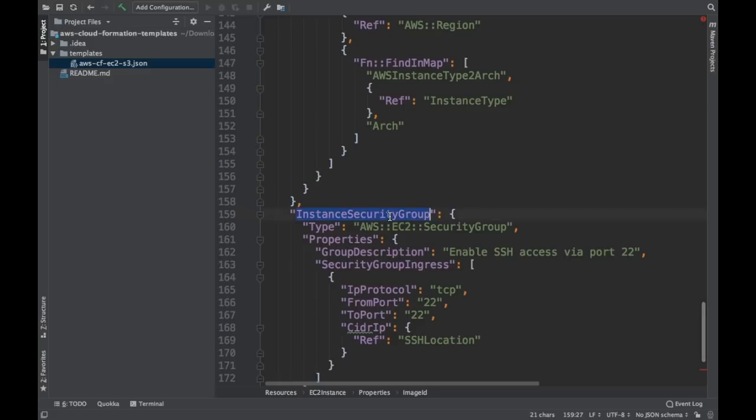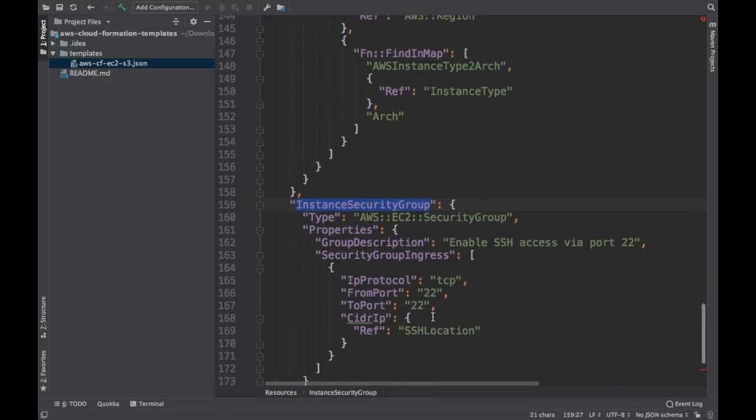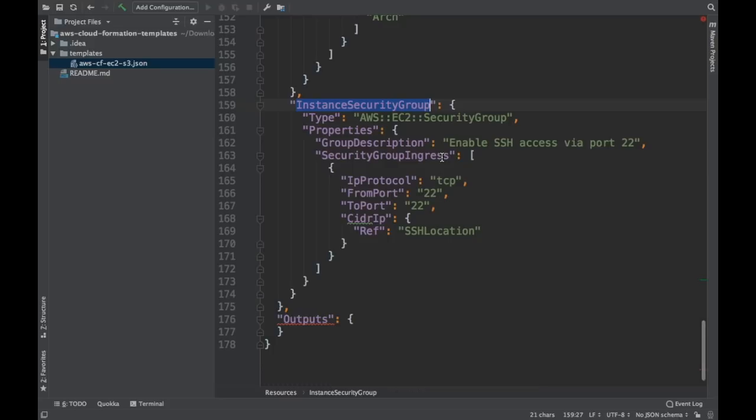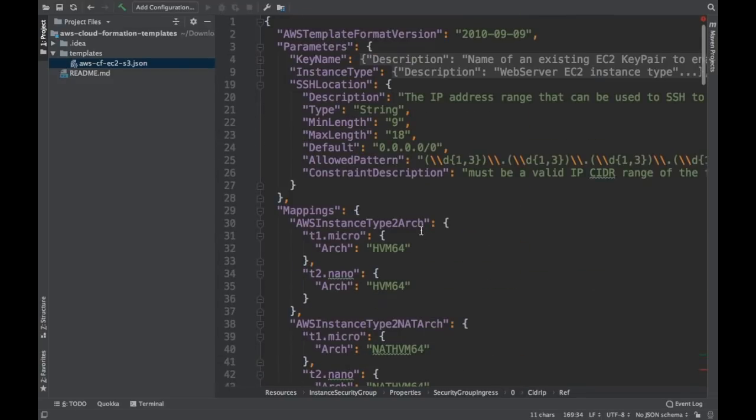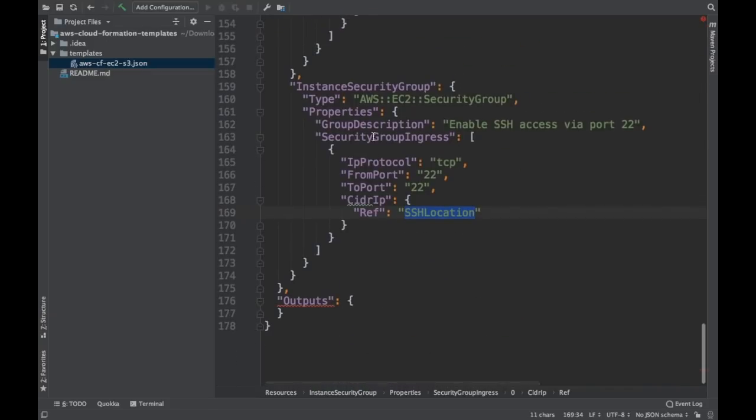So the next section is the security group, which we have defined here. Security group is where we will be mentioning the rules for my ingress and egress. Ingress is my inbound traffic to this particular EC2 instance. So here we are assigning an SSH location, and this SSH location is enabled only for port 22, and the reference for that is mentioned here in the parameter. Whatever IP address we will be allowing in, that will be coming in from this particular section onto this security group. So that is how you create an EC2 instance, by assigning a security group,